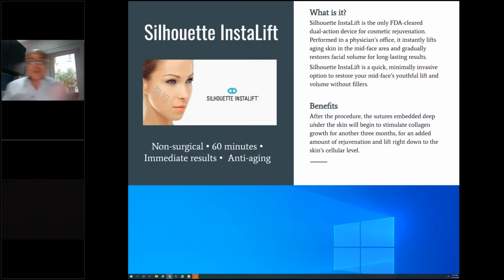The next step after that is the Silhouette Instalift. Silhouette Instalift was the first FDA-approved true lifting device, and that's called a bidirectional device. It's a device that actually is made to lift up the cheeks, the jowl line, and the neck. But